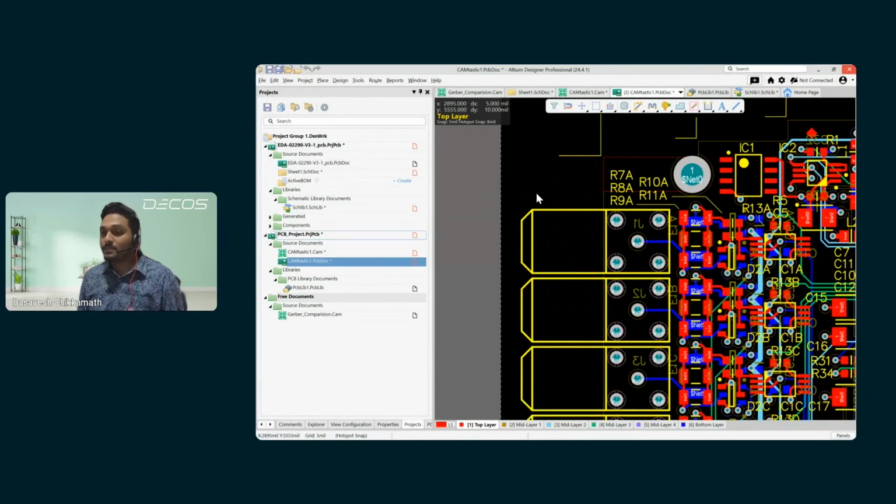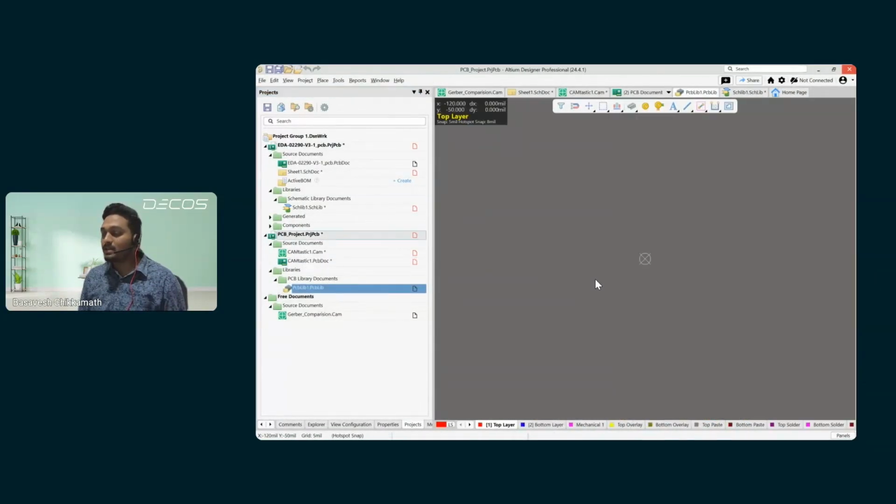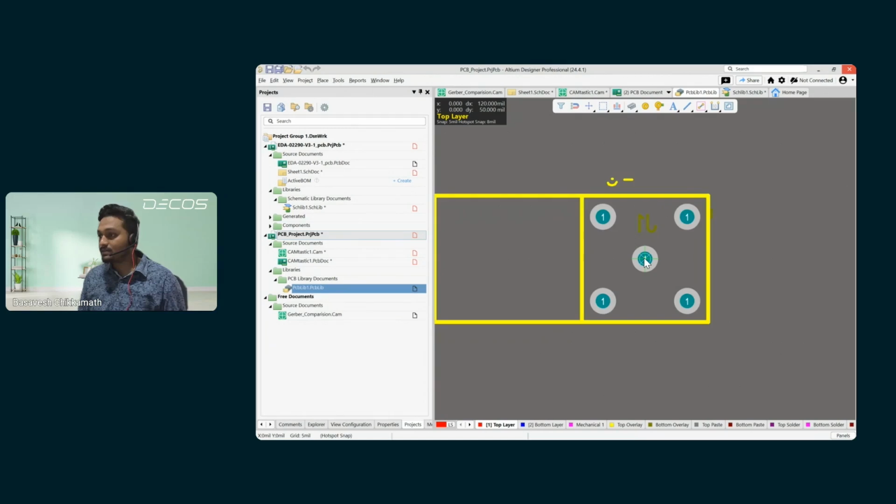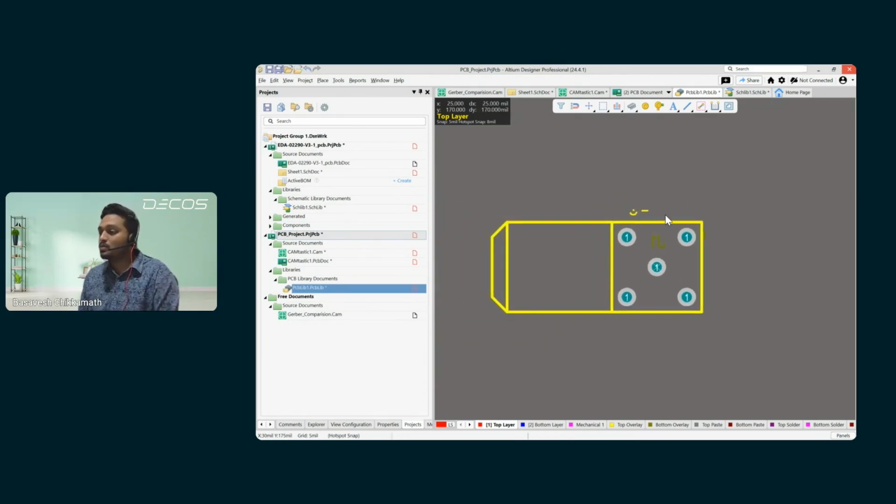First, we need to create the PCB library, or we need to create footprints for each and every component. To do that, you don't have to go to the data sheet for assembly outline, pin sizes, pitch dimensions and all. You can simply copy these free lines and go to the PCB library and paste it over here. Here, remove the unnecessary C lines which are not required in the footprint